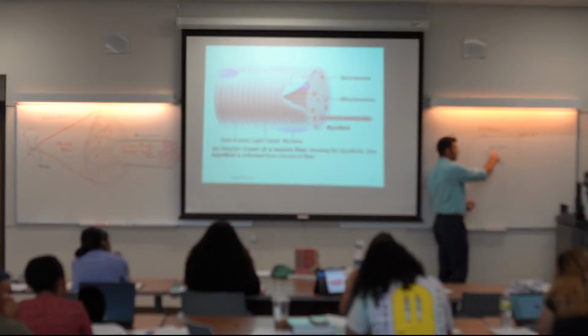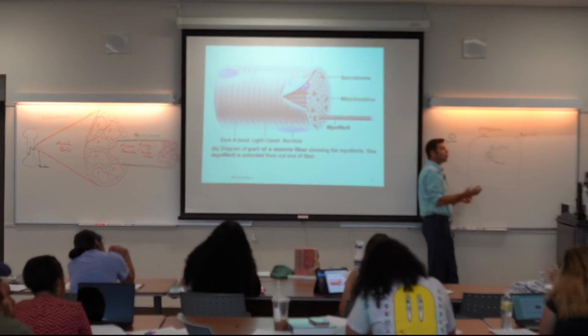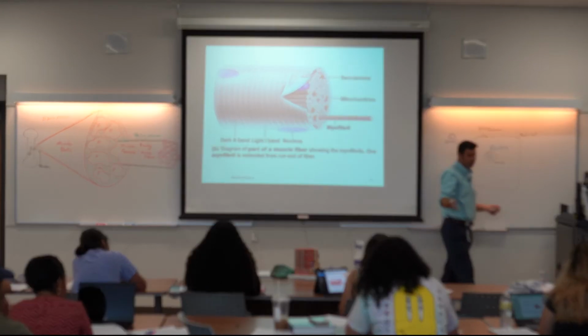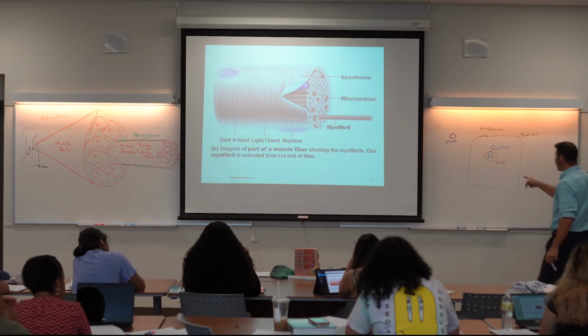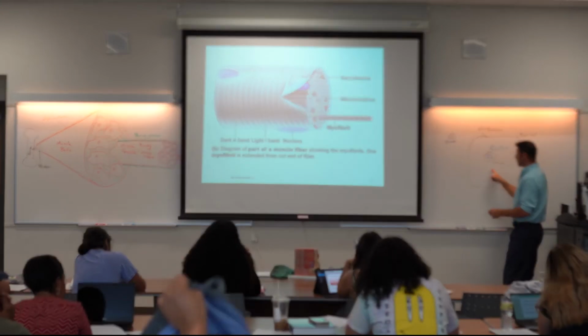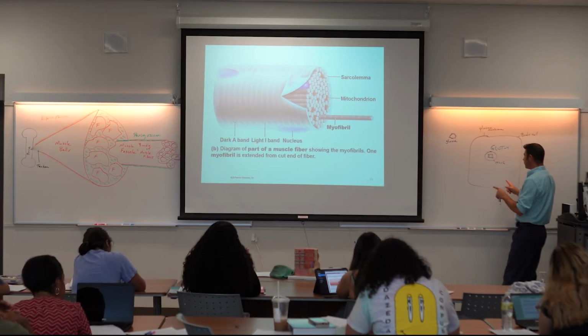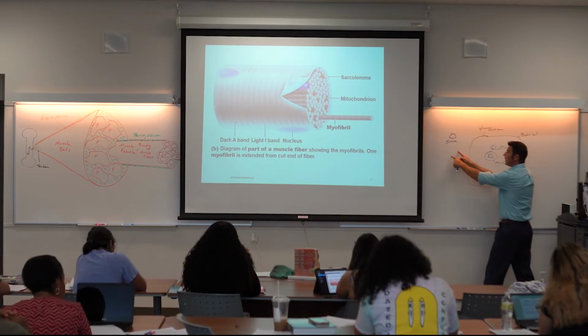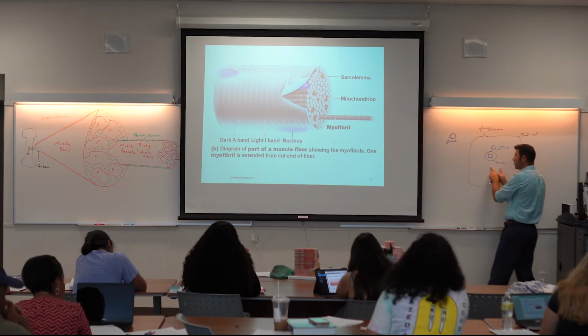GLUT just stands for glucose. T is transporter. 4 just means it's the 4th one that was discovered. There's 20 different glucose transporters. We'll talk about most of them at some point. GLUT4 is a glucose transporter that is currently inactive. And you find these in all body cells. Their job is to allow glucose to get into the cell, but they typically don't work because they're not attached